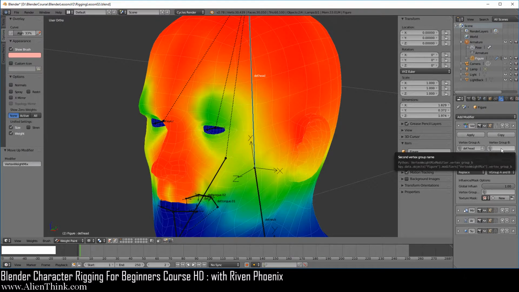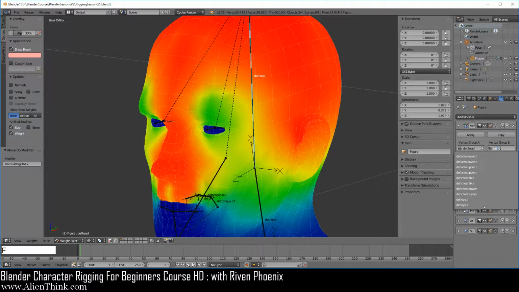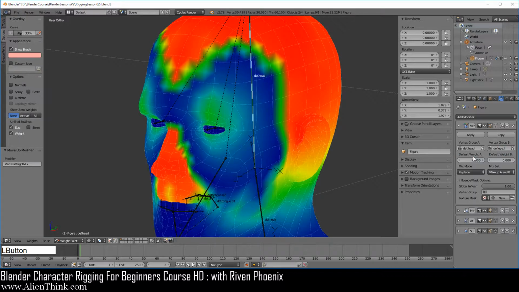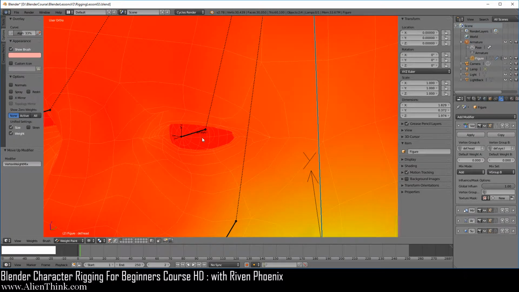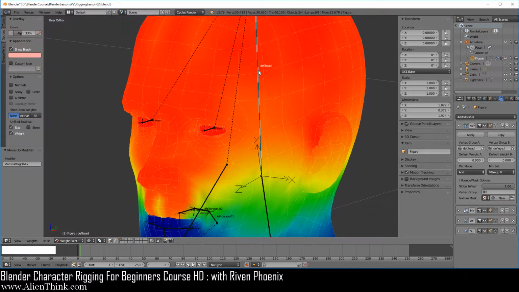And over here we're going to type in dev.i. Over here we're going to click dev.i.l, click on add and do B. Now when we do that, notice that the eyes are also getting transferred over to the head, and that's fine. Click on apply.